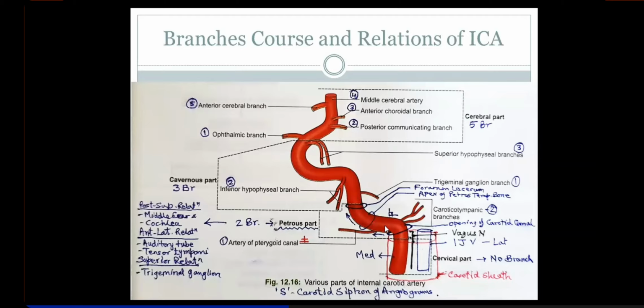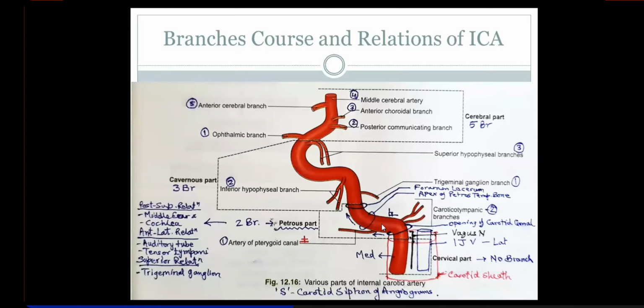Remember that I told you the petrous temporal bone has a lot of significance, a lot of structures. You have the middle ear, the internal ear, the bony portion of the external ear, then the internal jugular vein just behind that, and the internal carotid artery also within this. There are a lot of structures. So just remember that the internal carotid artery comes to lie in anterior relation to the middle ear. Clear? Remember this. So the petrous portion of the internal carotid artery lies anterior to the middle ear cavity.